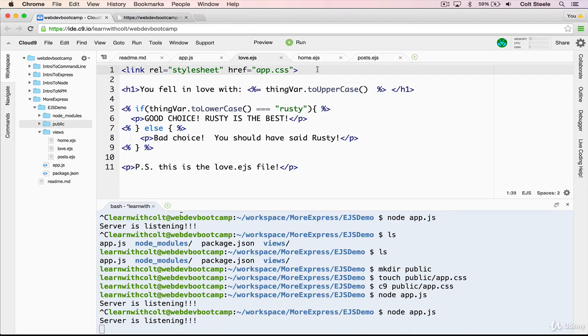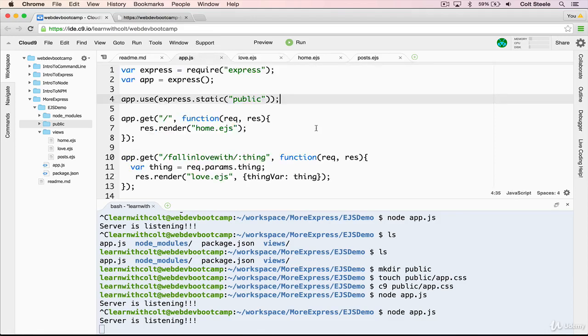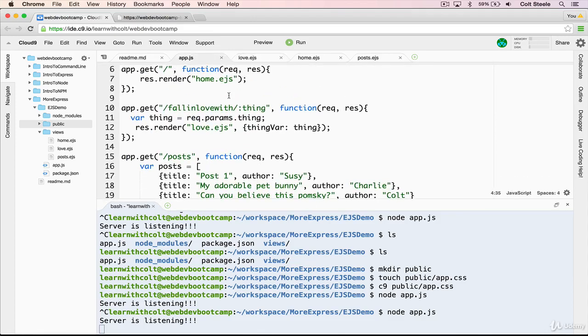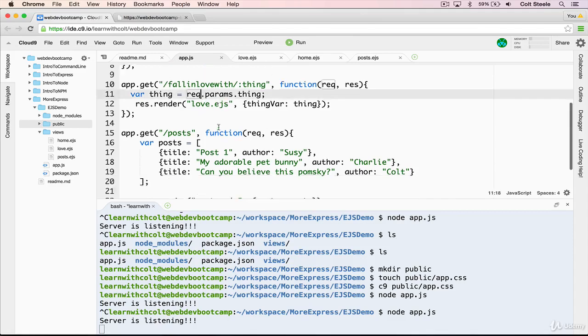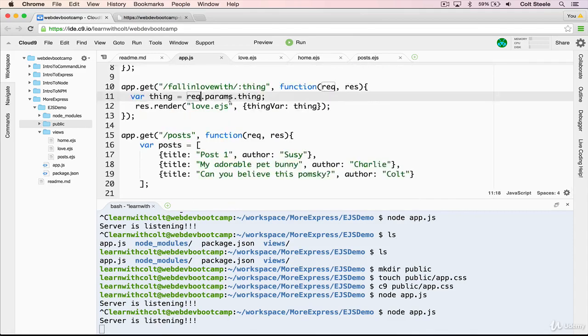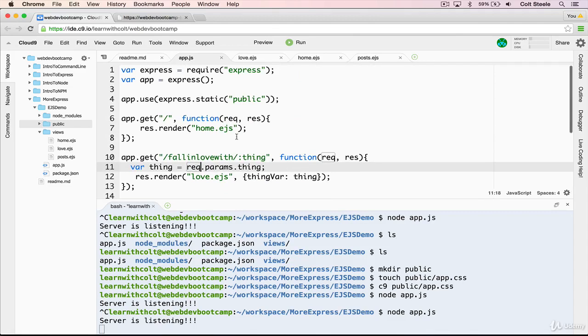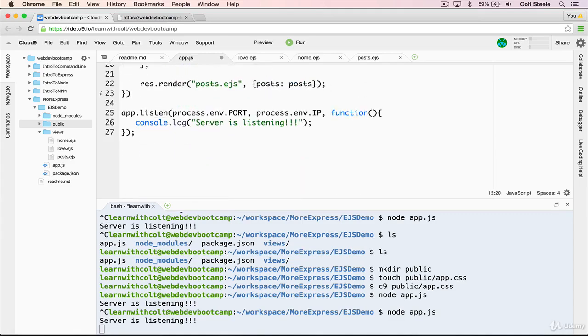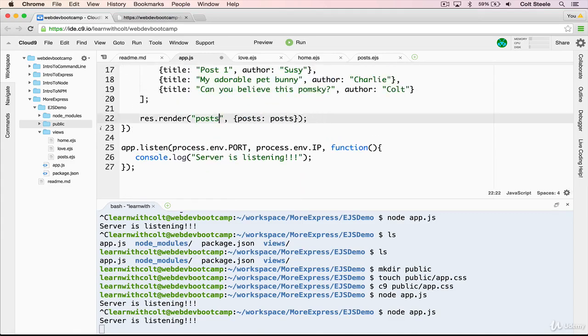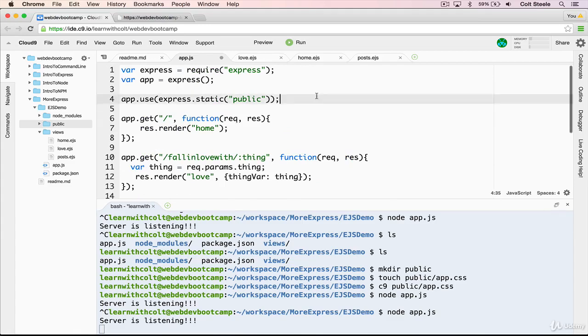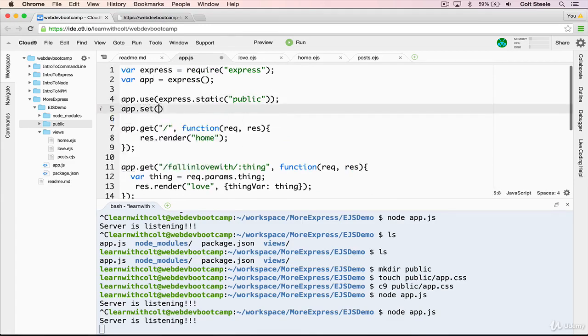Before we move on to partials, I want to take a moment to show you a really quick thing we can do to make our code a little bit shorter. Notice that we're typing home.ejs, love.ejs, post.ejs. This is really minor, but we can actually tell Express that we're going to use EJS ahead of time, and we can leave these off and just write home and love, and it will automatically expect the files to be EJS files. And to do that, we use app.set view engine, and then we pass the second argument as EJS,